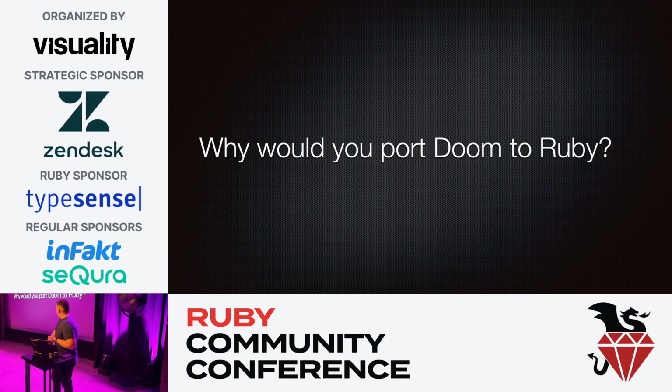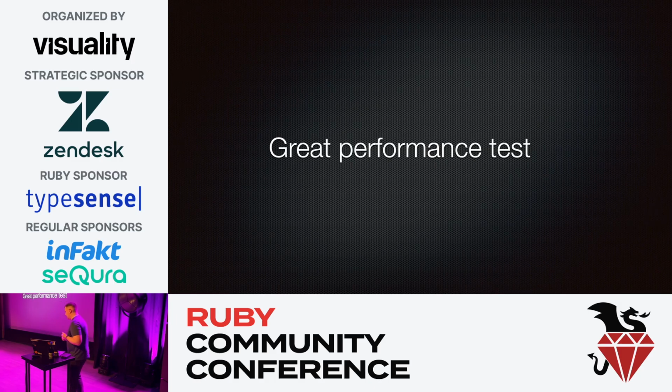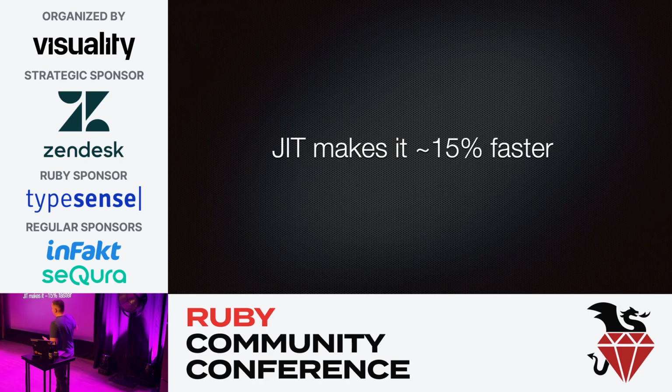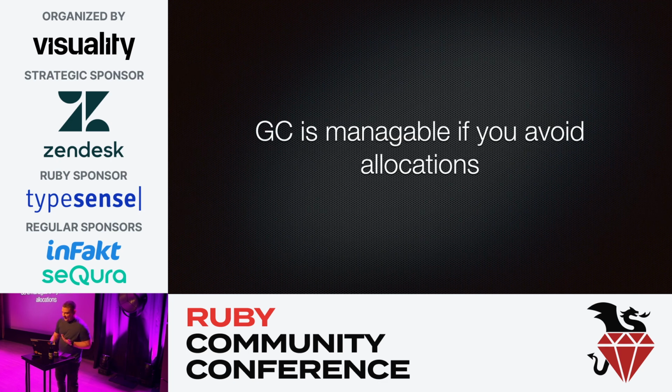But why would they actually port Doom into Ruby? It's a great performance test. It's a really nice way to measure, for example, the differences between each version of Ruby. And for example, JIT will make it 15% faster out of the box. If you profile it, you can get even more. You can see the things that are actually affecting performance frame to frame. For example, you can